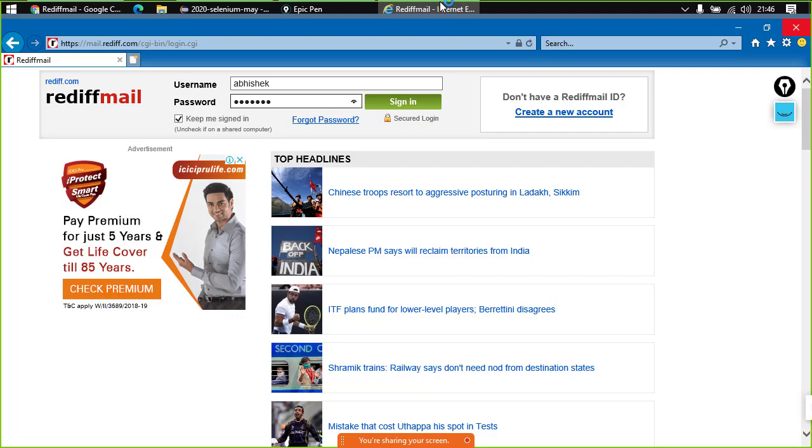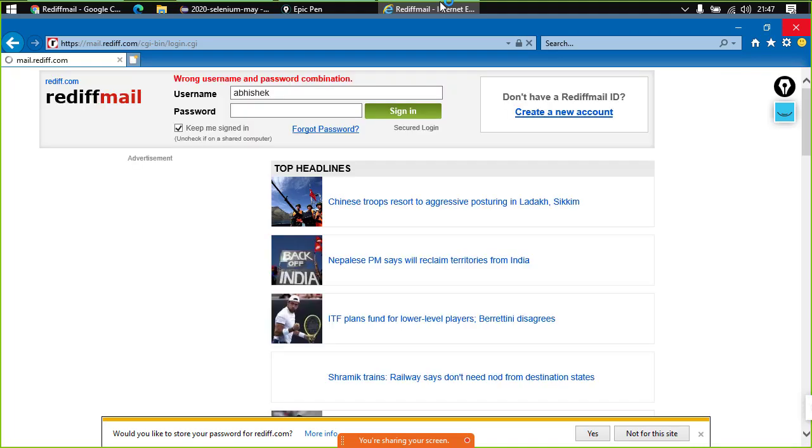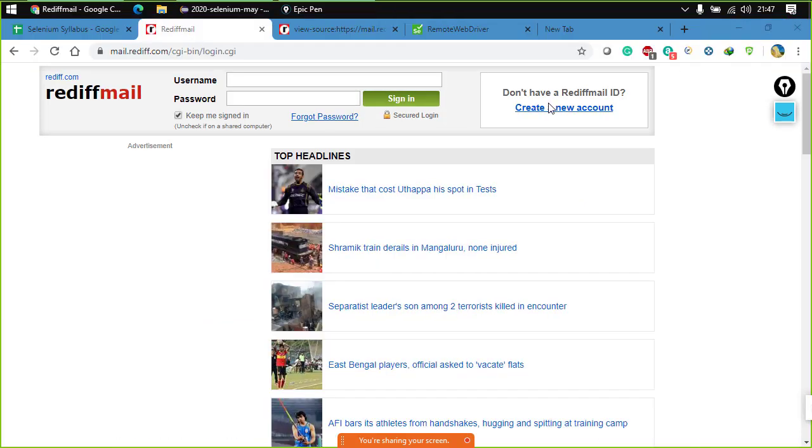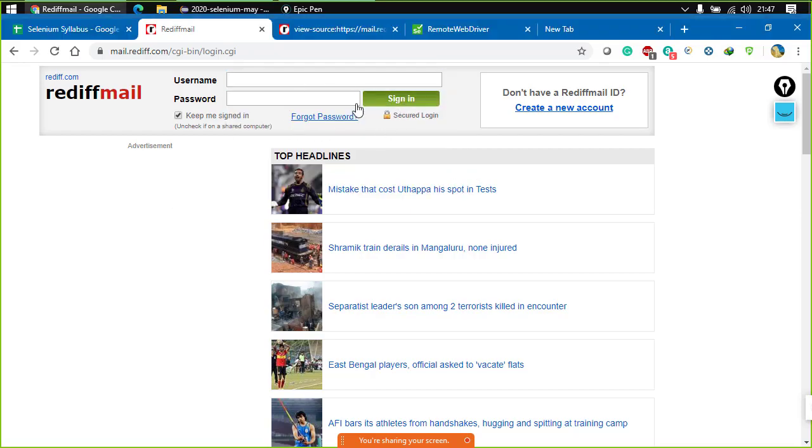So over here it is still typing, and the next thing it will be doing is clicking on sign in. Okay, and you guys can see that it has done that, right? So over here we are able to do all the things in the 3 different browsers. We did not face even a single issue regarding the element retrieval and working with those elements, right? Now coming back to this page, we are done with these things.